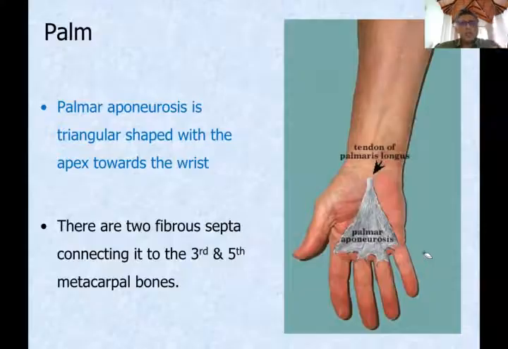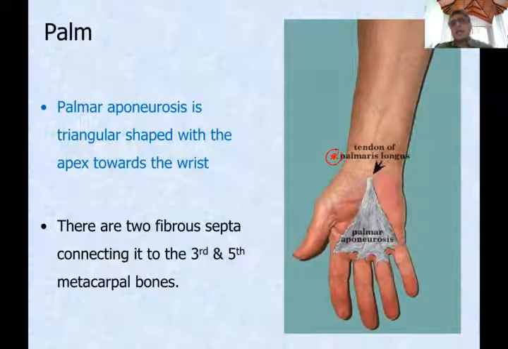Then a few points about the palm. Now, in the palm, there is what is called the palmar aponeurosis, which is an expansion of the tendon of the palmaris longus muscle, which is an insignificant muscle. It's not a very important muscle, but this palmar aponeurosis is in a way important, because